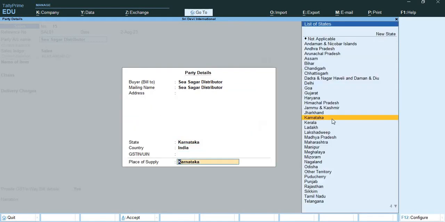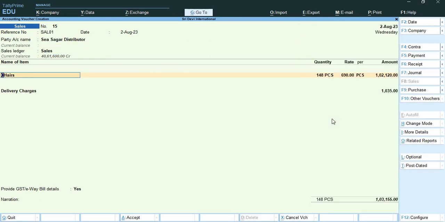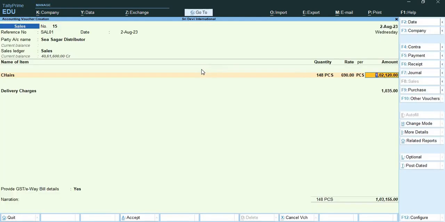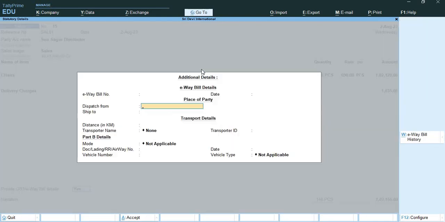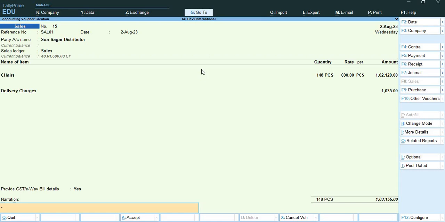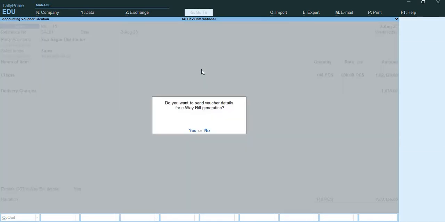with sales, and you can see that all the details have now come, but now the quantity of the chairs is 148 pieces right now. Delivery charges, and this way my entry is done. Here I'll create a name of the bill, SAL01. Alright,